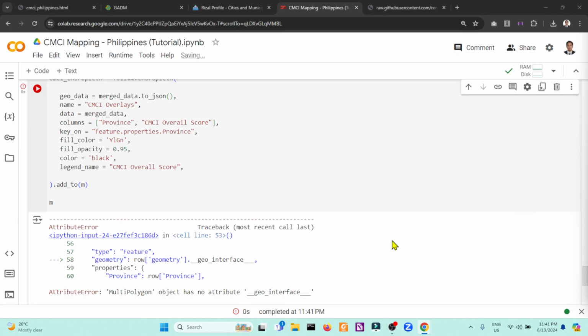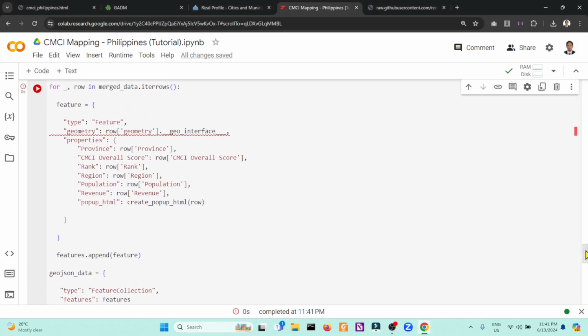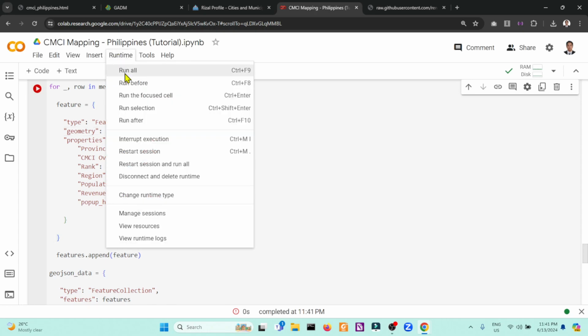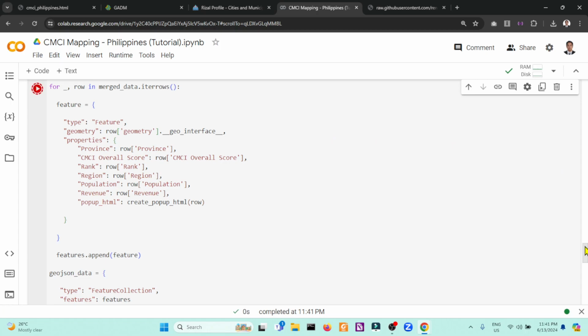Raw geometry, okay. Let's see. Oh, there are 3 underscores. And let's run it again from the top.